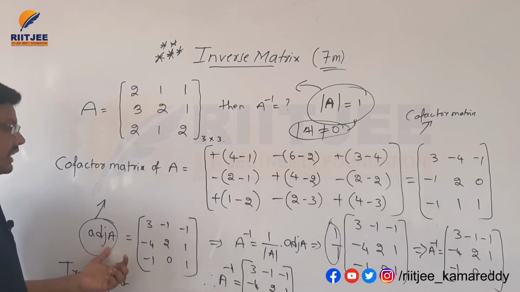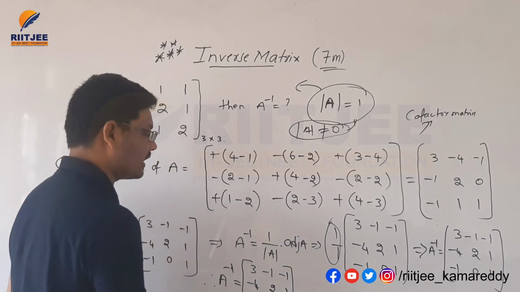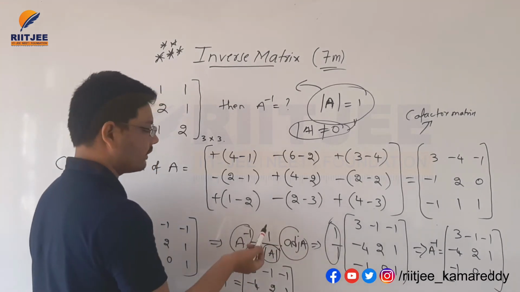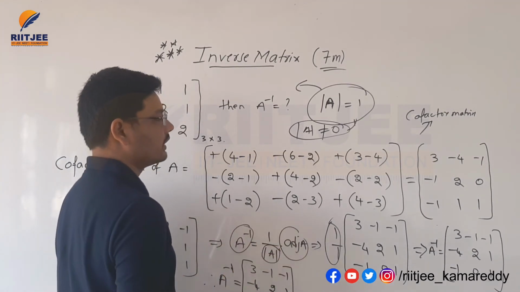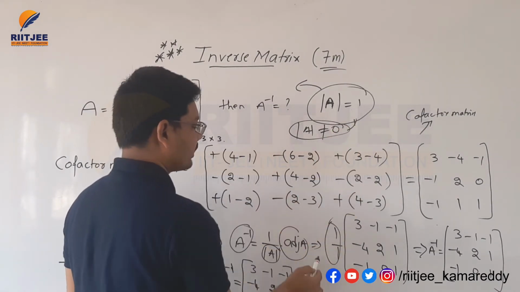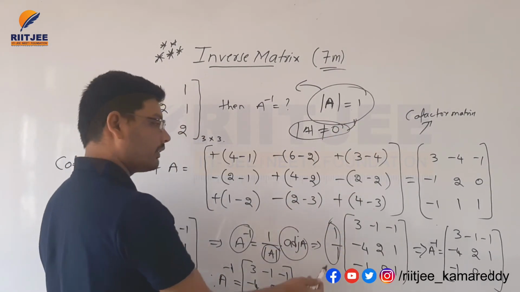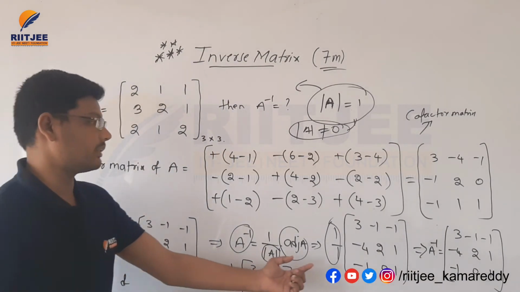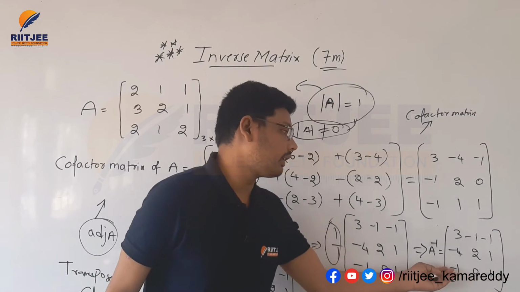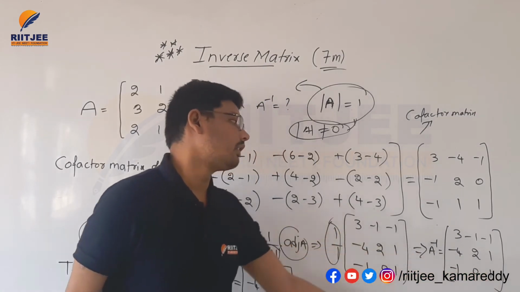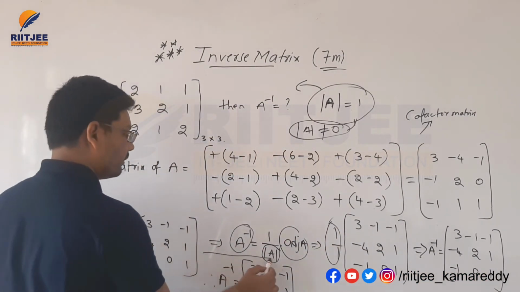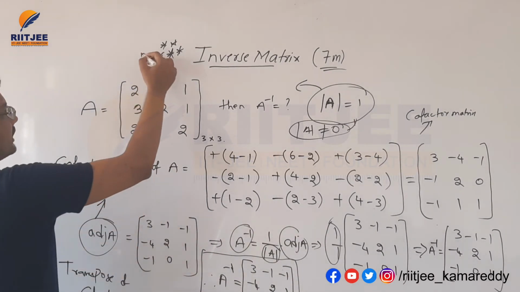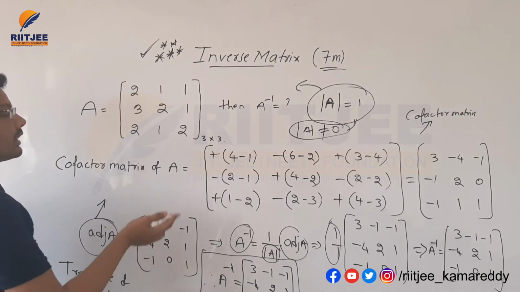This is the adjoint matrix. After getting the adjoint matrix, substitute the values of det A and adjoint A in the formula for A inverse. A inverse is equal to 1 by det A into adjoint A. 1 by det A, here we got the det value is 1, 1 by 1 is nothing but 1 itself. Here we have the adjoint matrix, we need to substitute this adjoint matrix here. A inverse is equal to 1 by 1 into this matrix, we will get the same matrix here. Finally we got A inverse. This is the most important concept for IP as well as other competitive exams.